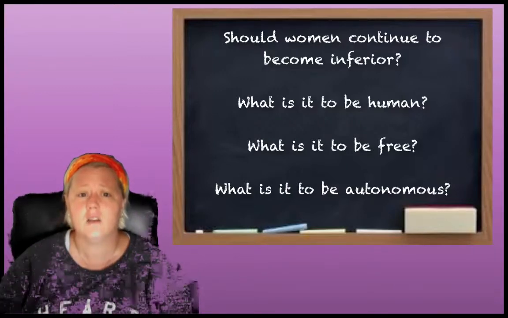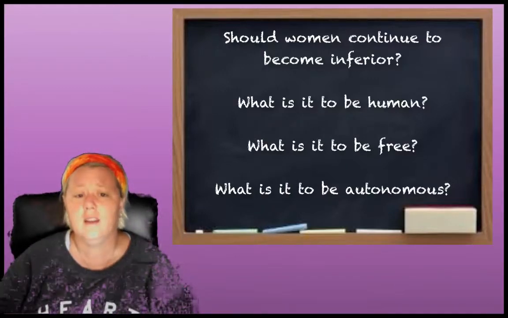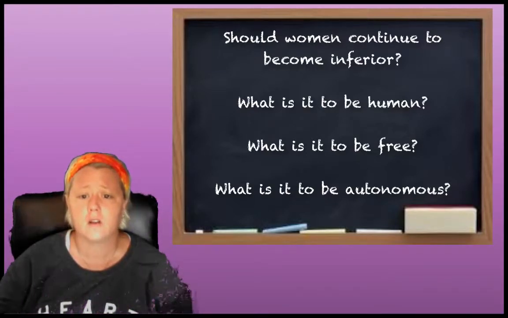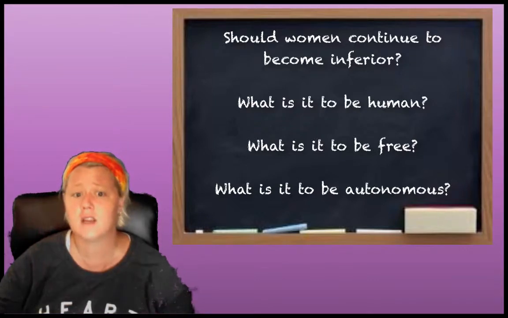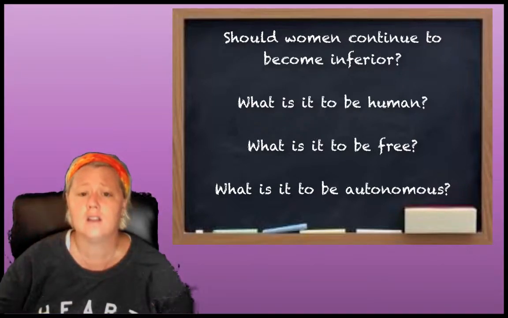What is it to be human? We need a conception of public good that assures the private good of the citizen. Saying you can't do some activity because you're a woman, or you can't do some activity because you're black, or you can't do some activity because you're disabled, doesn't work. Abstract equality does not work.